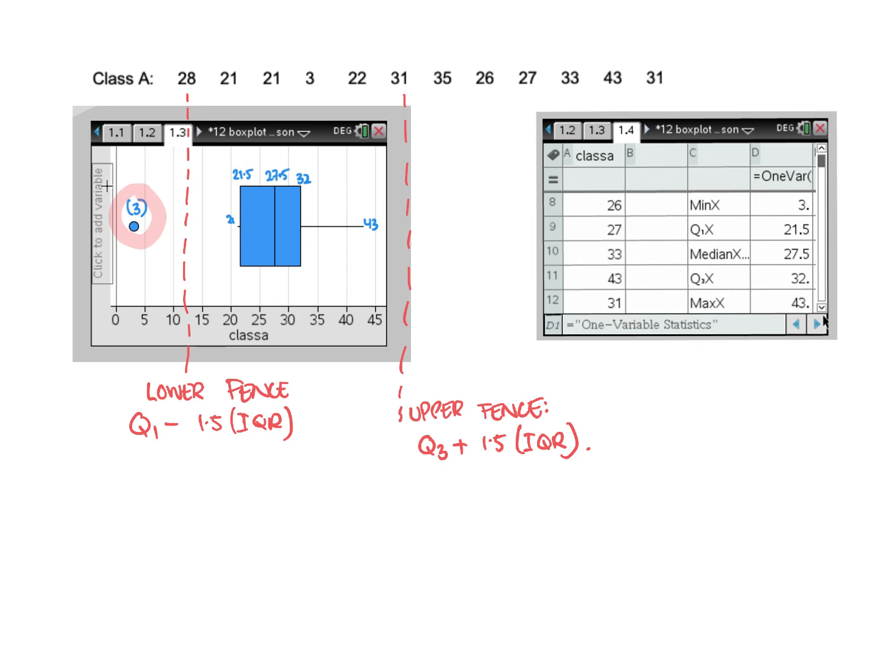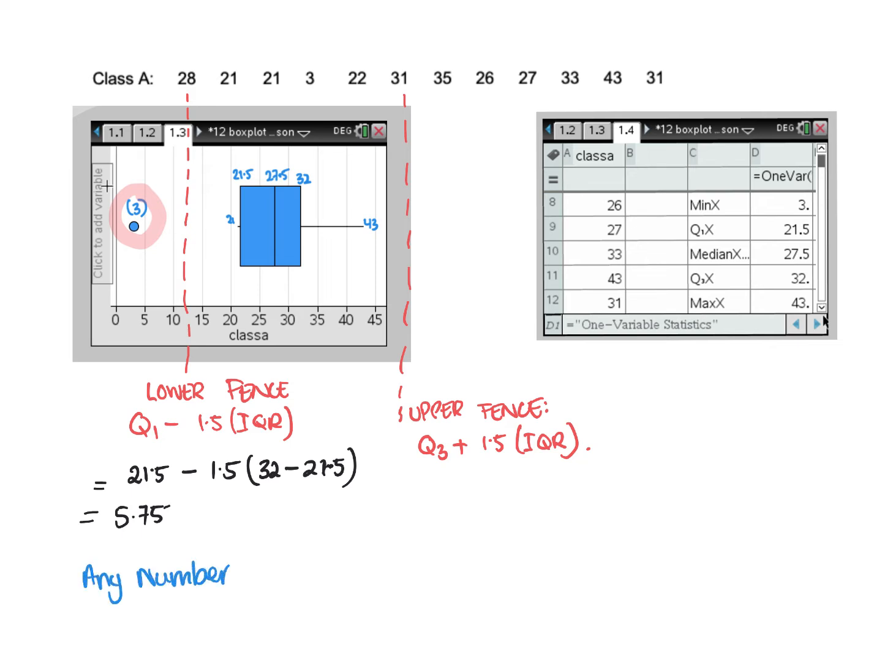So Q1 was 21.5 minus 1.5 times. Now the interquartile range is Q3 minus Q1, okay? And what you have to do is you do that on your calculator and get an actual number. So, sorry, I got this to be 5.75. So what I'm saying is any number